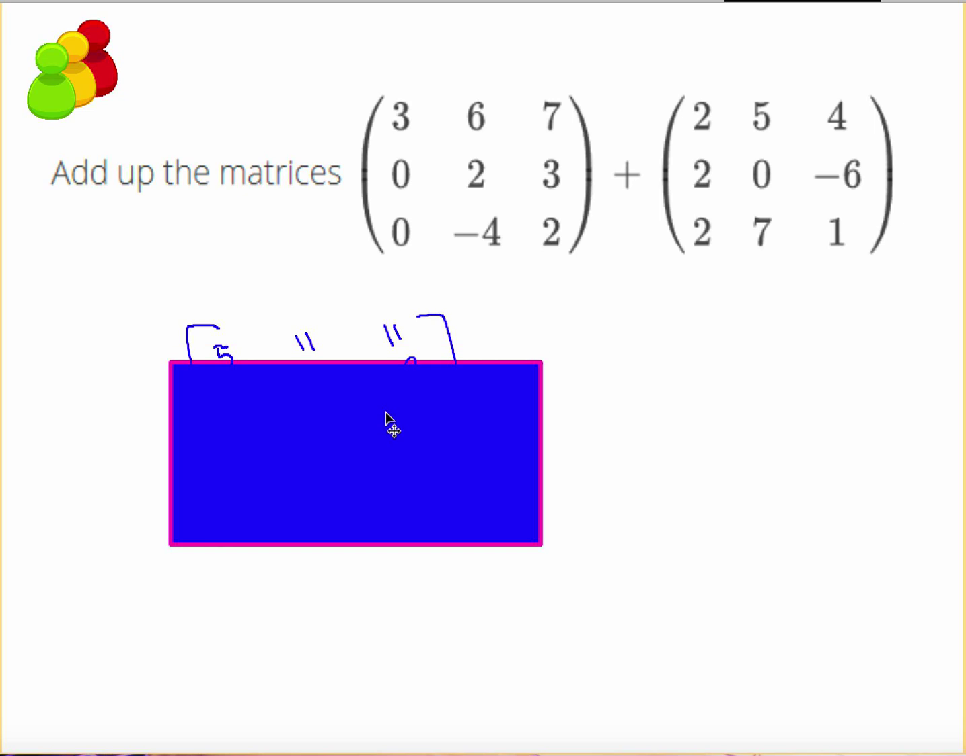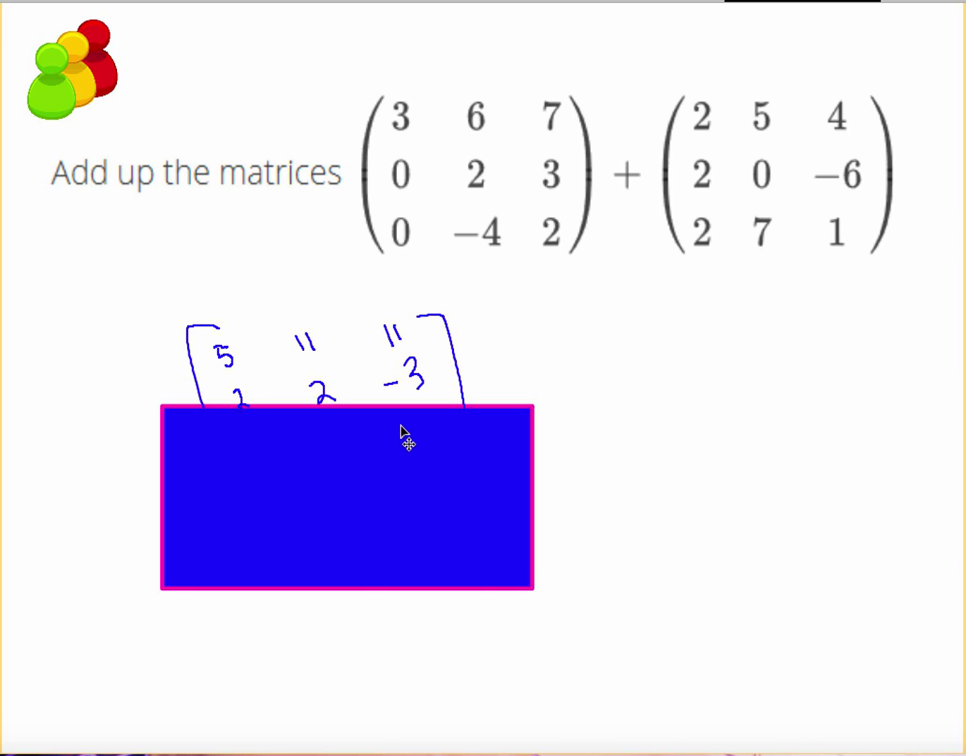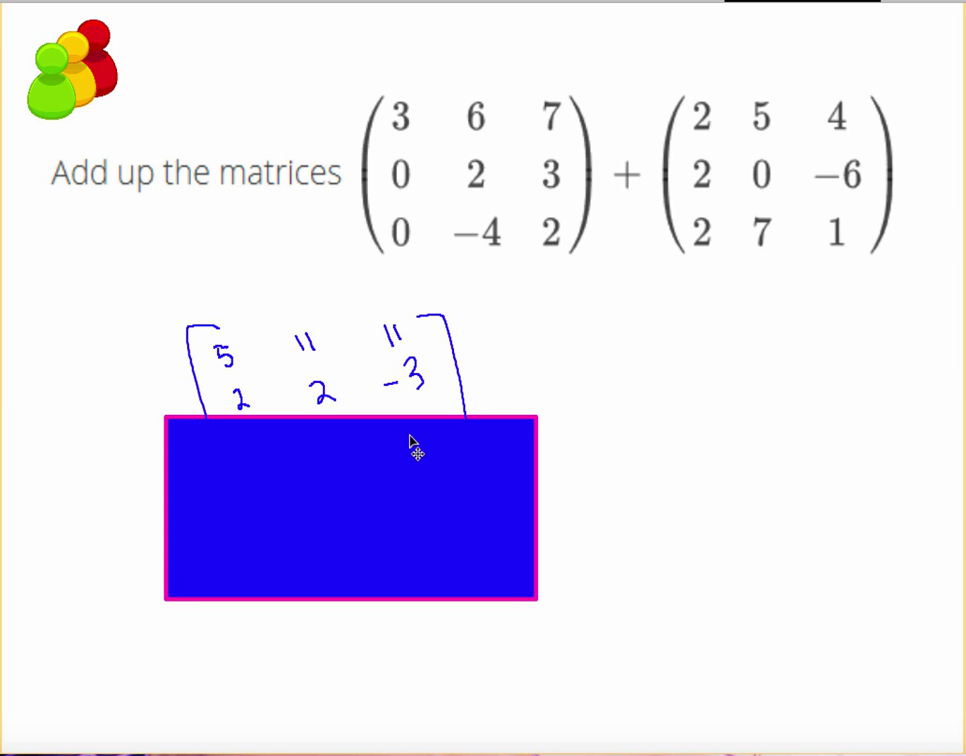Did you get 5, 11, 11 for your top row? You should have, because 3 plus 2 is 5, 6 plus 5 is 11, and 7 plus 4 is 11. Did you get 2, 2, -3 for your second row? You should have, because 0 plus 2 is 2, 2 plus 0 is also 2, and 3 plus -6